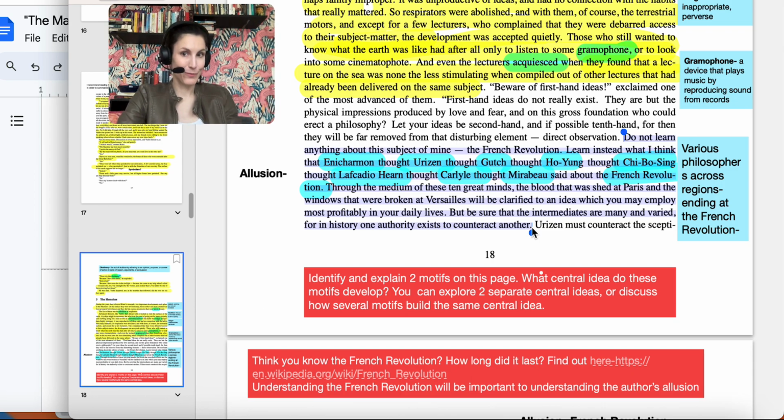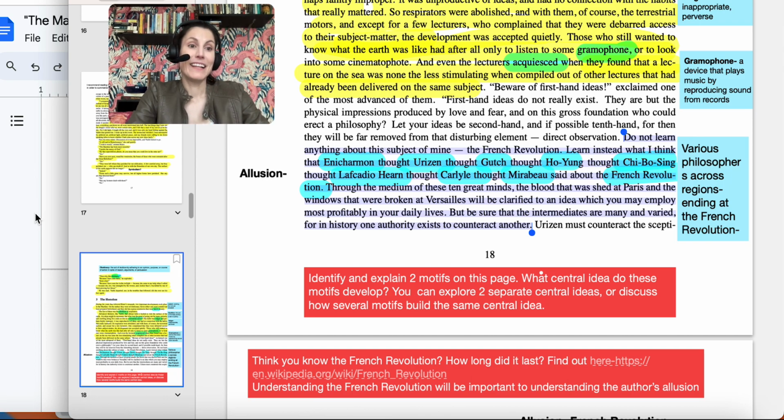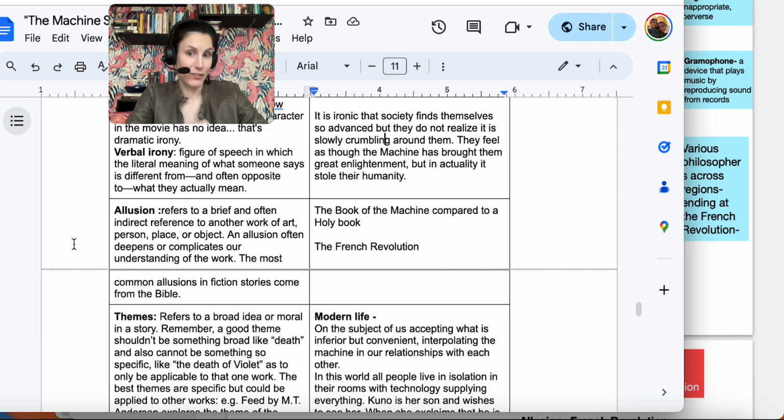So, for example, we could kind of apply this to American news media. You only need to watch one news station, and that's your news station. And you don't need to evaluate your news station or watch other news stations. That's pointless. Don't do that. So, by mentioning these philosophers here, and in regards to the French Revolution,